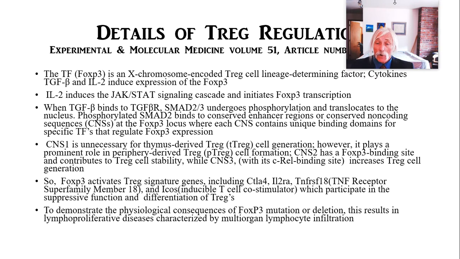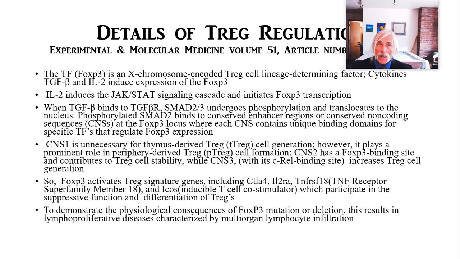CNS3 has a CREL binding site, and that actually increases T regulatory cell generation, that is, division. And also ultimate differentiation with CD4s. So FOXP3 activates Treg signature genes, including CTLA4,